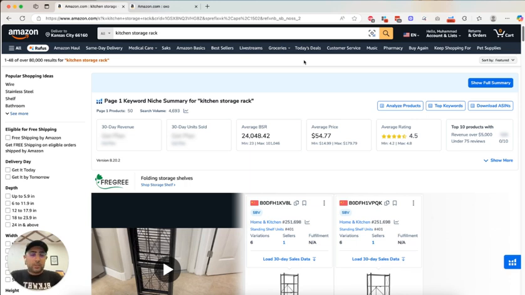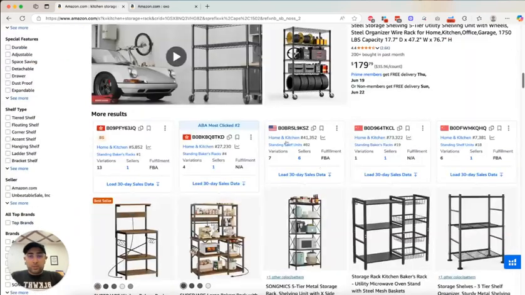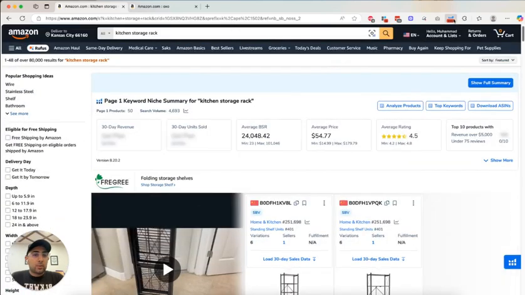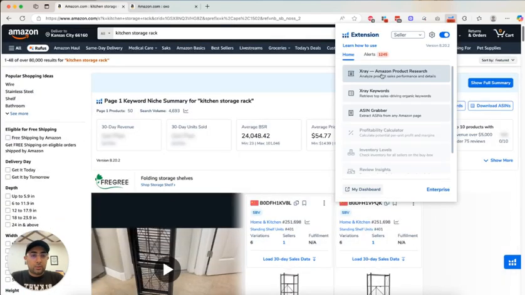Obviously, once you start selling or working at a better level, it's better to buy these tools on a monthly subscription. But basically, if you have searched this kitchen storage rack, obviously this will not show up for you if you don't have Helium 10, but this really gives you a good idea of what the seller is doing, how many variations it has, how many sellers it's selling on. But I'm just going to go to the Xray tool right now. So you can start Xray